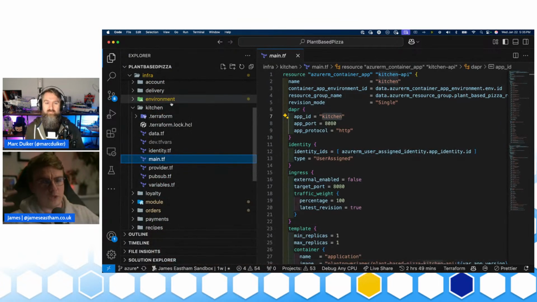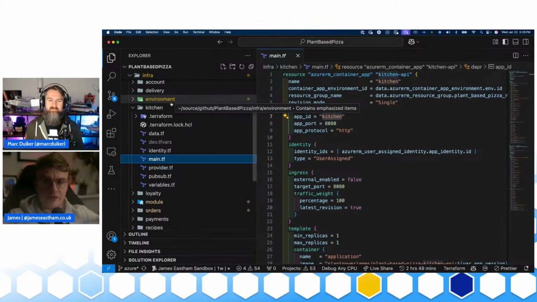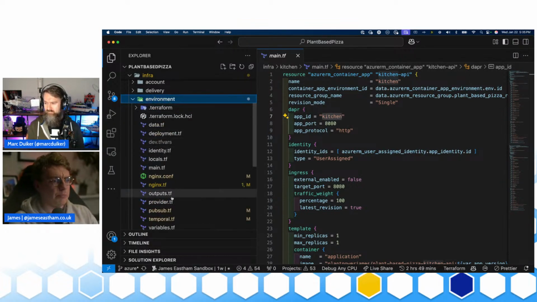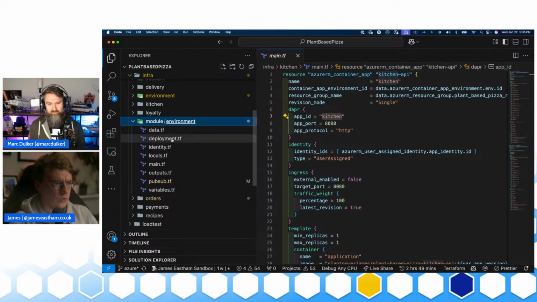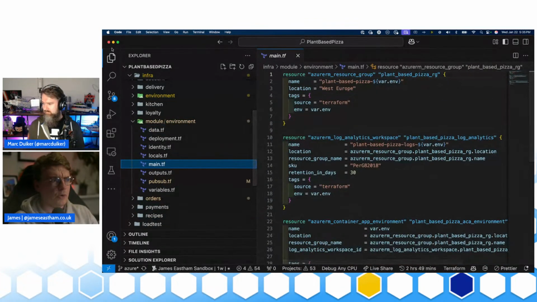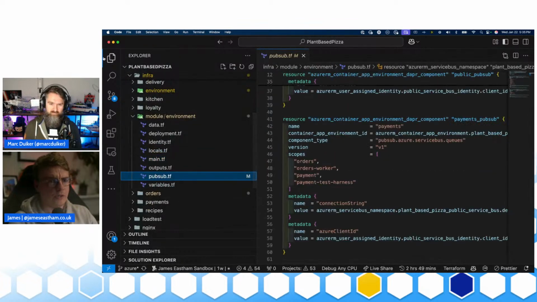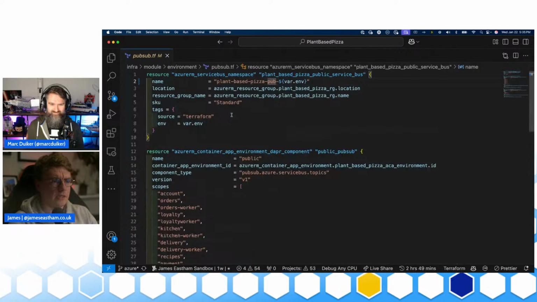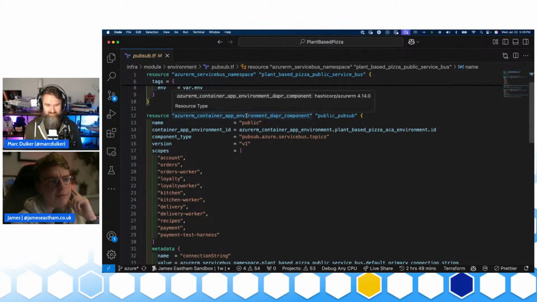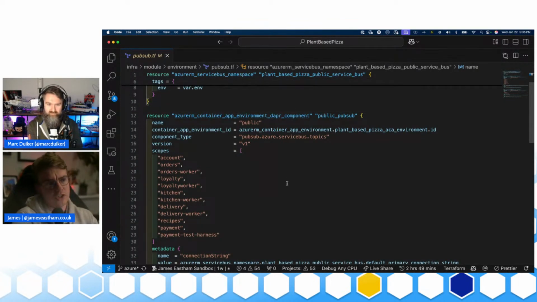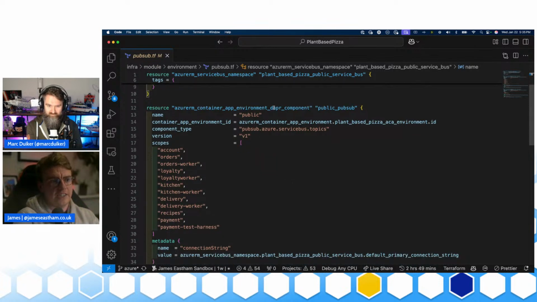So the way Container Apps broadly works is you've got a container app environment, which is dev, staging, prod, and then you deploy your container apps inside a container app environment. So when you actually go and define a, let me find exactly where this is. When you define a container app environment, you just turn on Dapr. Sorry, I'm just trying to find exactly where that is. Here we are. Yeah. So when you actually define a container app environment, you'd create your container app environment. You'd maybe call that dev. And then you can actually define container app environment Dapr components.